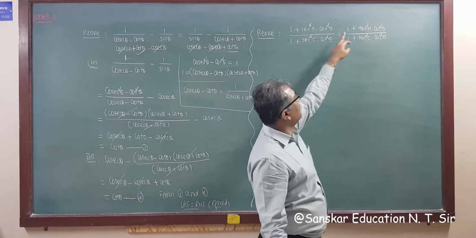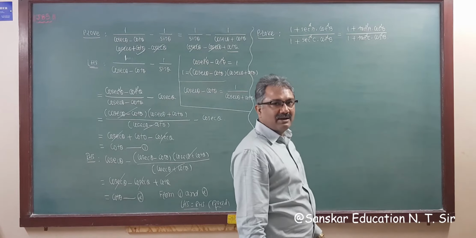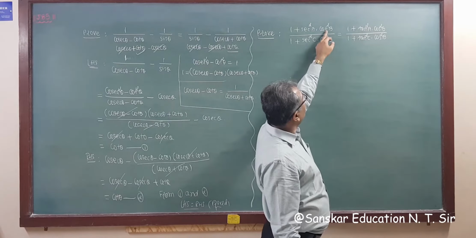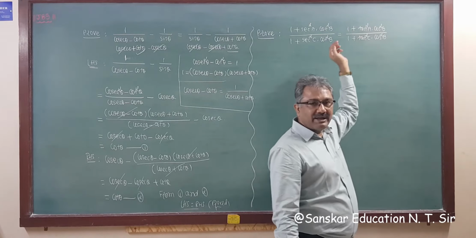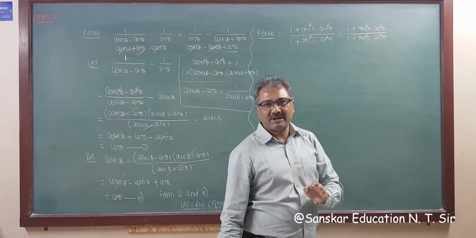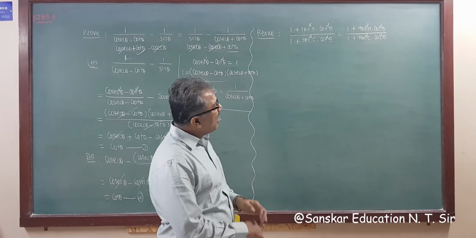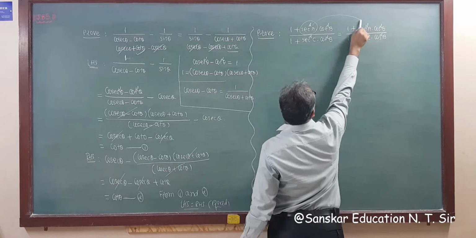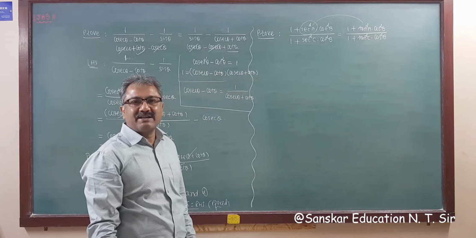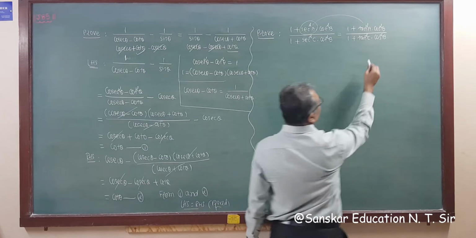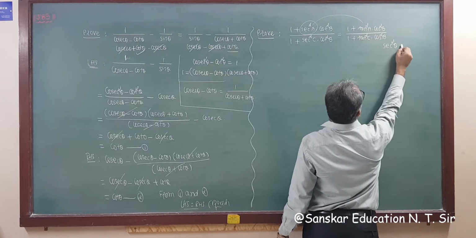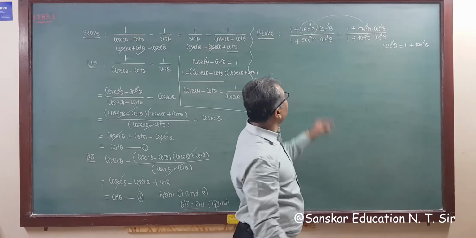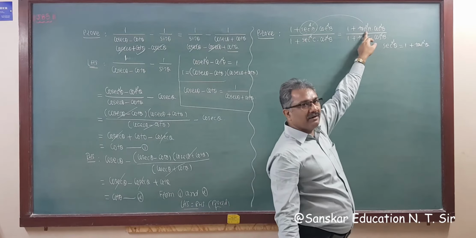So 1, keep it as it is. Now instead of sec square, I want tan square a. And instead of cotangent, we want cosine. So how is this possible? There is only one way to convert sec square a into tan. There is one formula: sec square theta is 1 plus tan square theta. This is the formula. So we will get tan here, and we will get our answer.